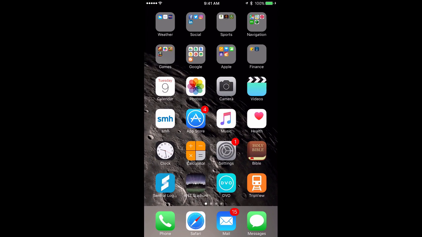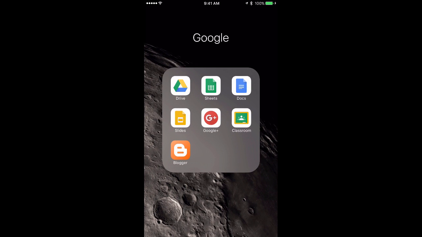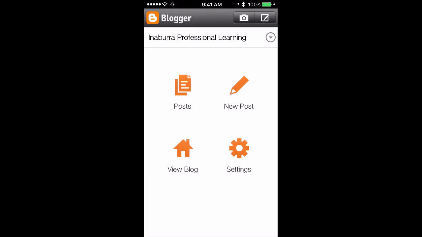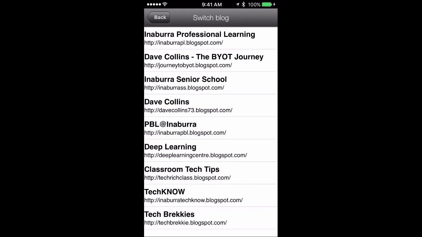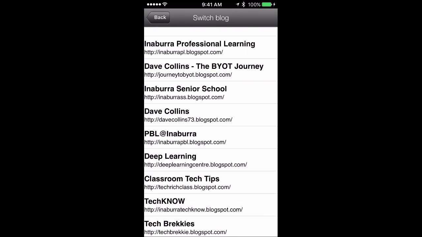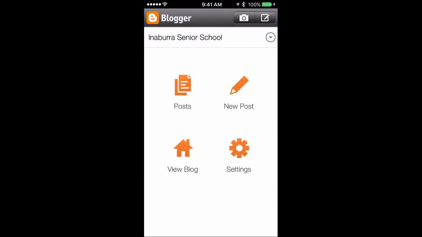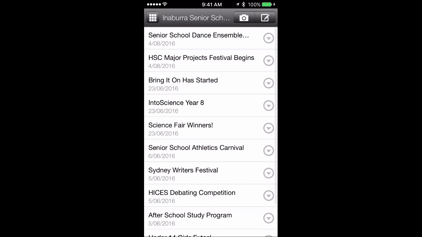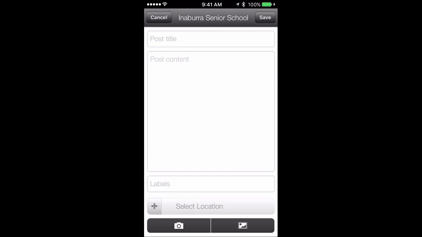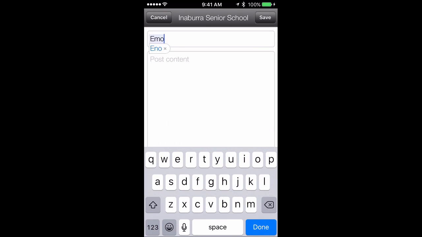On my phone, it doesn't matter whether it's an Android or an iPhone, I've installed some Google Apps, and specifically I have put the app Blogger in here. And when it pops in here, it's a cut down version of what we can see on the website, and I'm going to just click here and it lets me see the blogs that I have run over the years, but I will stick with the Innaburra Senior School one, which is the one I've probably done the most work with in recent times. So I can click here and see posts and see an overview of what I've been doing, and then I can click here and say I'd like to write a new post, which I can just call demo